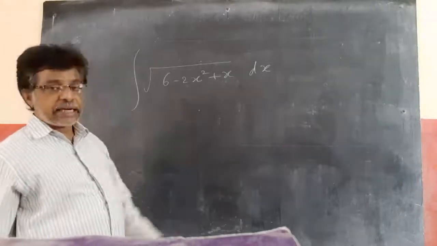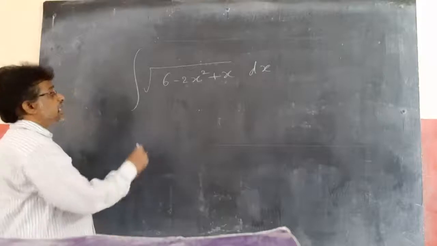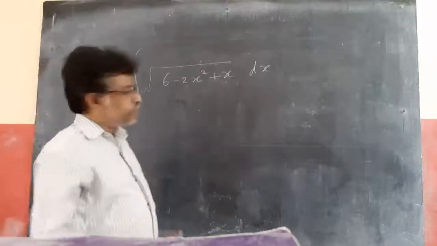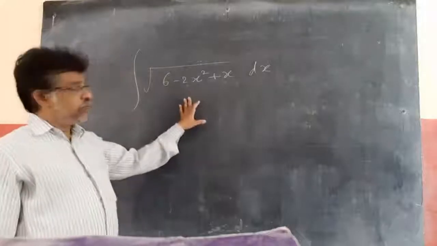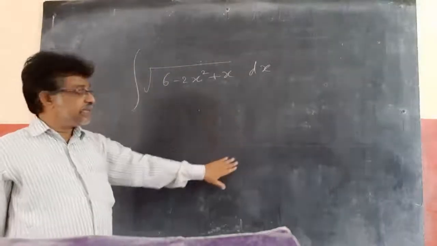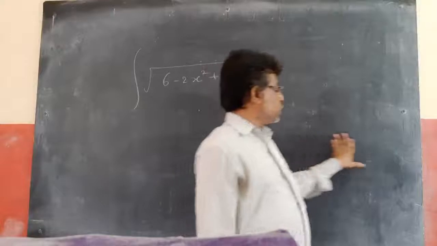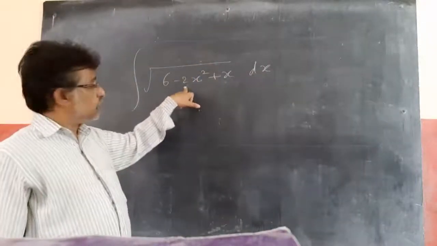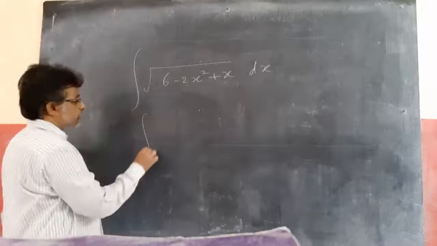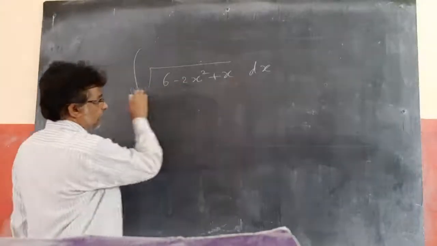Second thing, root is there. So go for the completing square method. The only method is completing square. How do I complete this square? This we learned in 10th class, and yesterday also we discussed how to go for completing squares. First, make the x square coefficient 1, I told you. So the x square coefficient should be 1, which means take out 2 common from the whole.